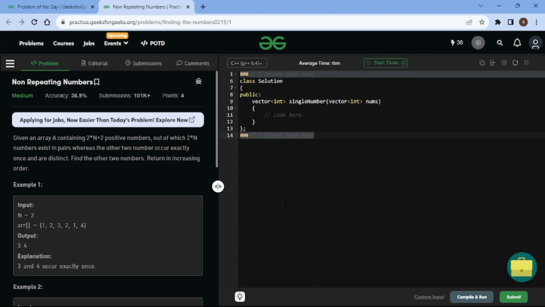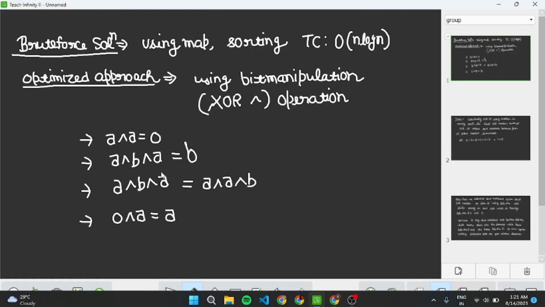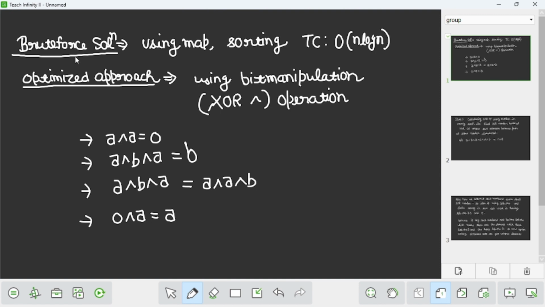The basic approach to solve this question is very simple, which is brute force. In the brute force approach, we simply create a map and count the frequency. If the frequency is 1, then simply return that unique element.